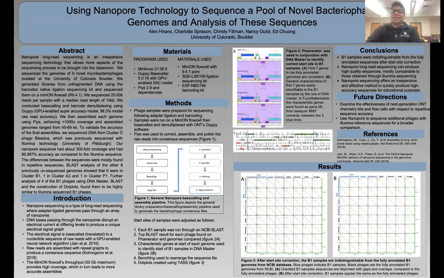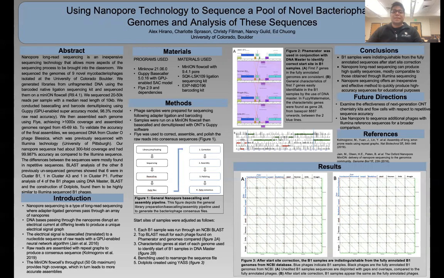So I guess to start off, I'm going to give a brief introduction of nanopore. It's a type of long-read sequencing where we have these adapter ligated genomes and they pass through an array of these little pores on a big flow cell. And passing through these pores causes a change in an electrical signal, and this electrical signal can eventually be converted